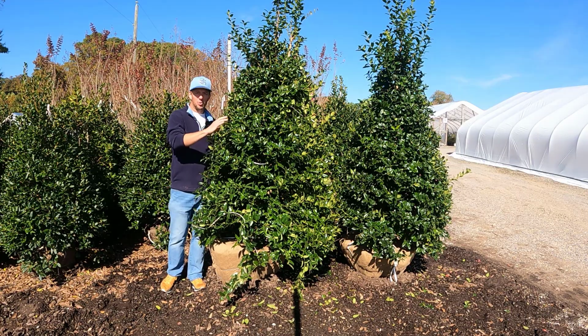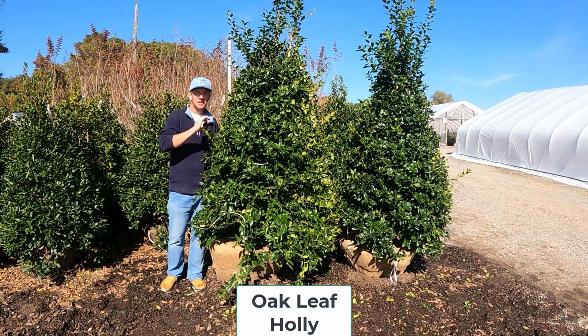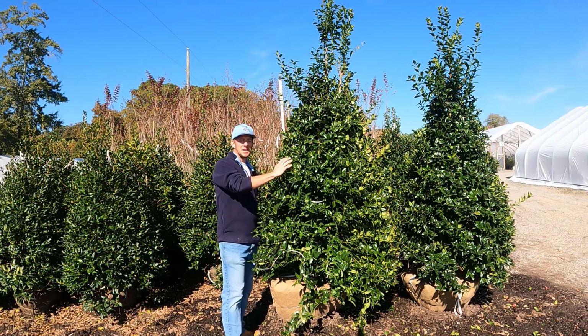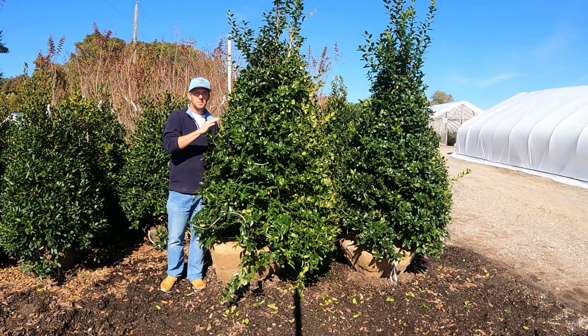One that I have in my yard down the left-hand side of my backyard is oak leaf holly. I love this holly as a screen. It's going to get about 15 to 20 foot tall, 10 to 12 feet wide. USDA zones 7 to 9 for your oak leaf holly. Great full sun plant. Just like with Nellie R. Stevens, we're going to get covered in red berries in the